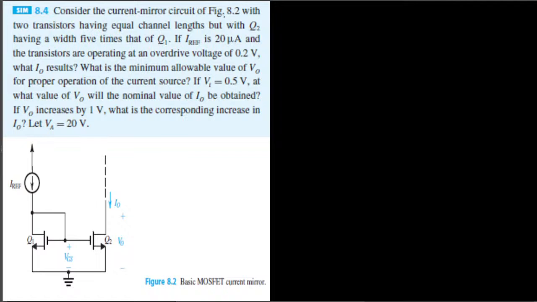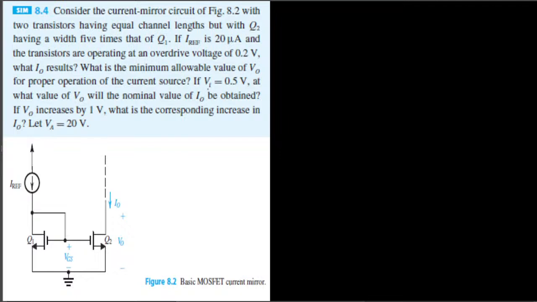Mirrored circuit of figure 8.2 with two transistors having equal channel lengths, but with Q2 having a width 5 times that of Q1. If I reference is equal to 20 microampere and the transistors are operating at an overdrive voltage of 0.2 volt, what I0 results, and what is the minimum allowable value of V0 for proper operation of the